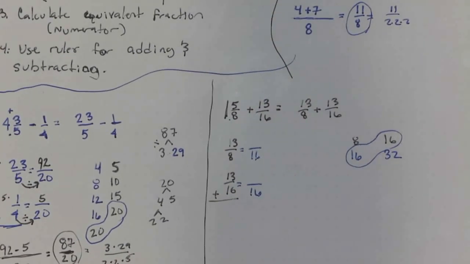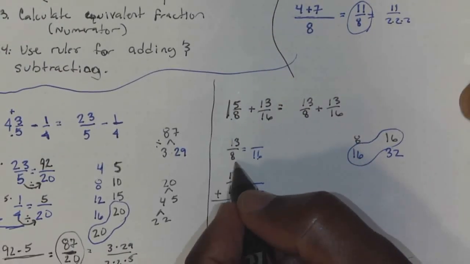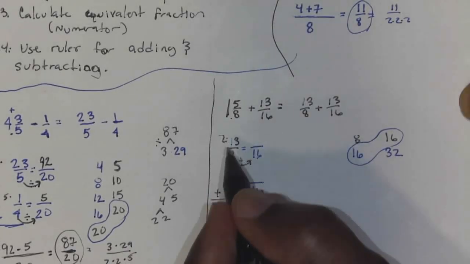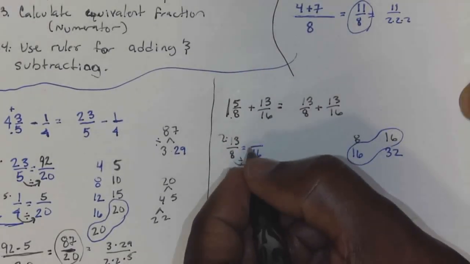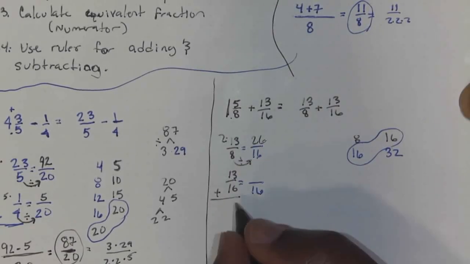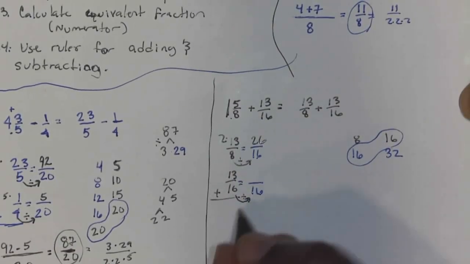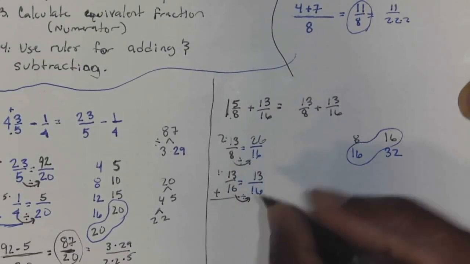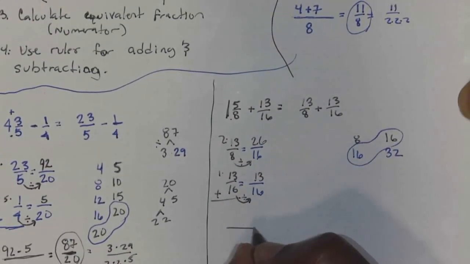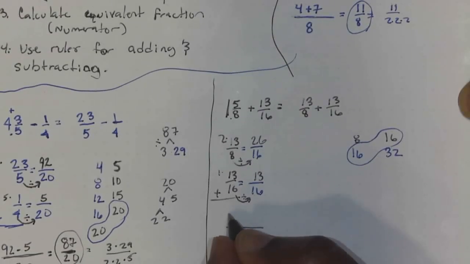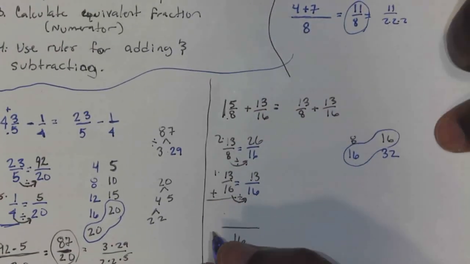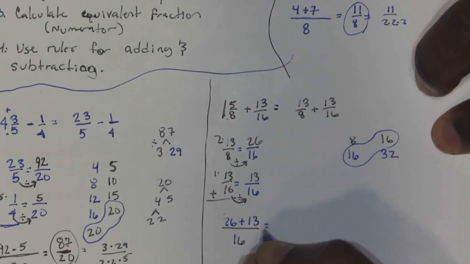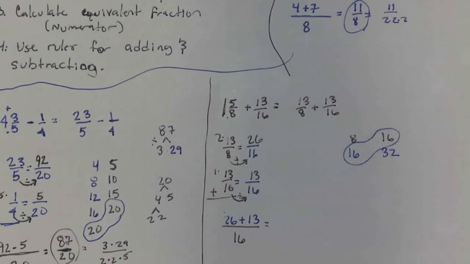All right, here we go. Now, 8 going to 16, how many times? 2 times 13, two $13 bills is $26. 16 going to 16, one time, it's not going to change. 1 times 13 is 13. Now that you have the common denominator, we got 16 as a denominator, and we have 26 plus 13. 26 plus 13. What do we get? All right, we got 39